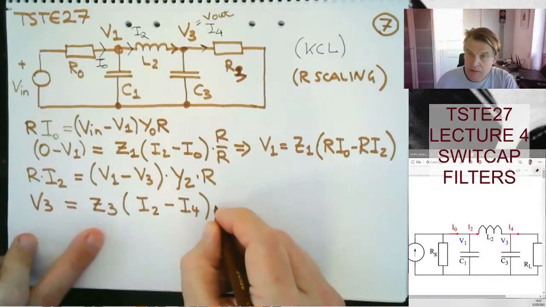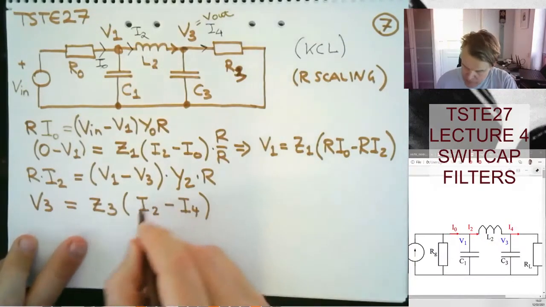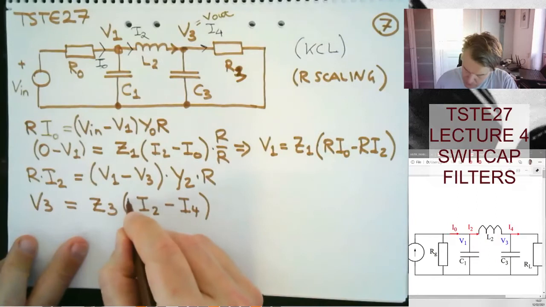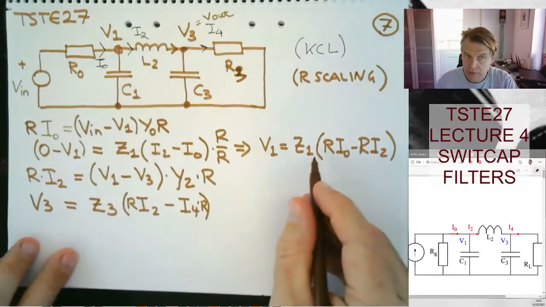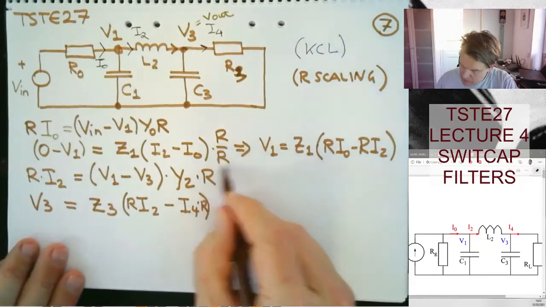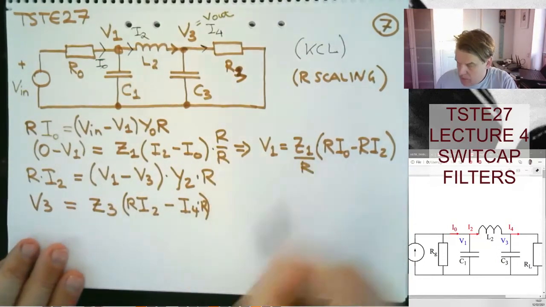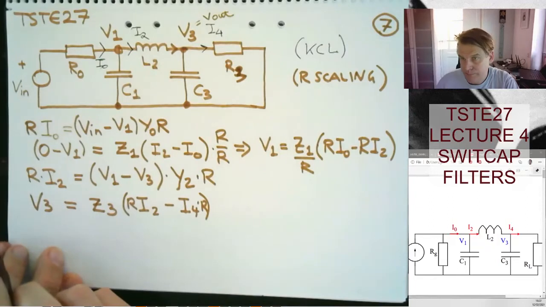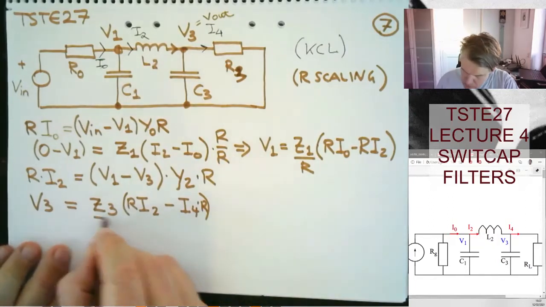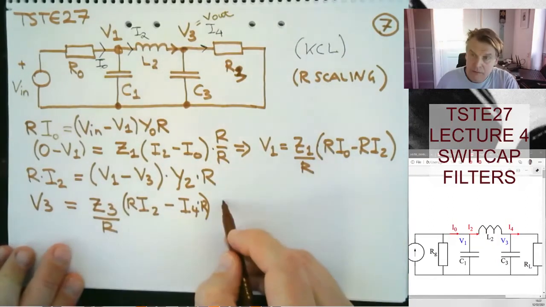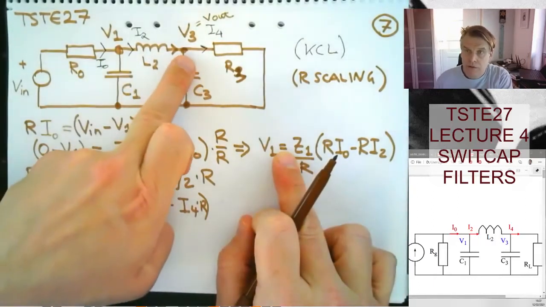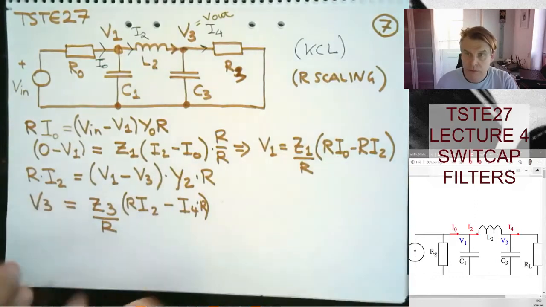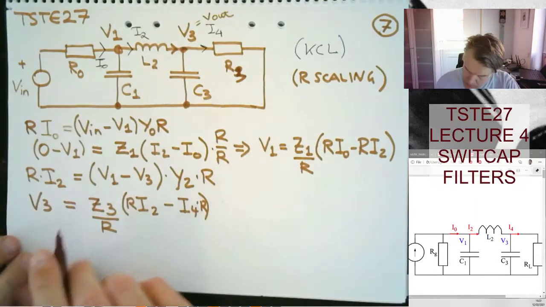Okay, and then I multiply with R divided by R. So I can just, R times R, and the observant will see that I forgot this divide by R here. So we should divide by R here too. So that's the pattern giving me V3. The V1 situation is obviously identical to the V3 situation in terms of structure. And then we take the last one,